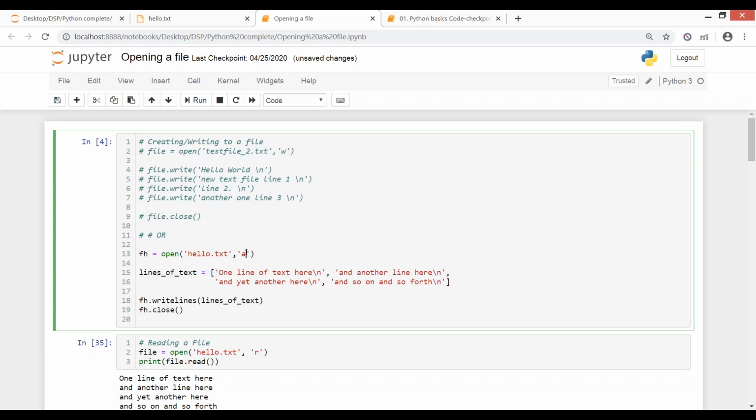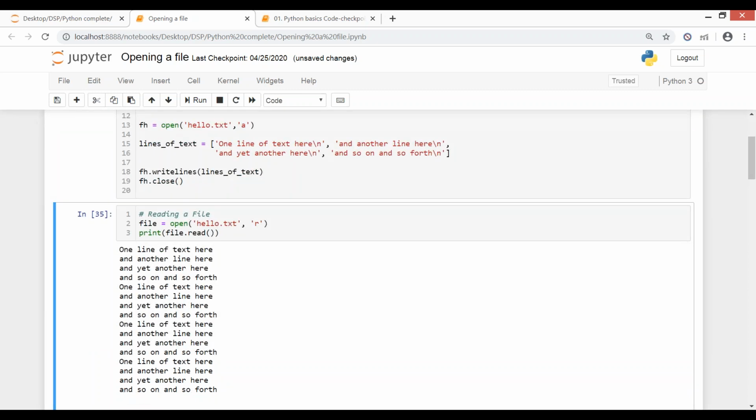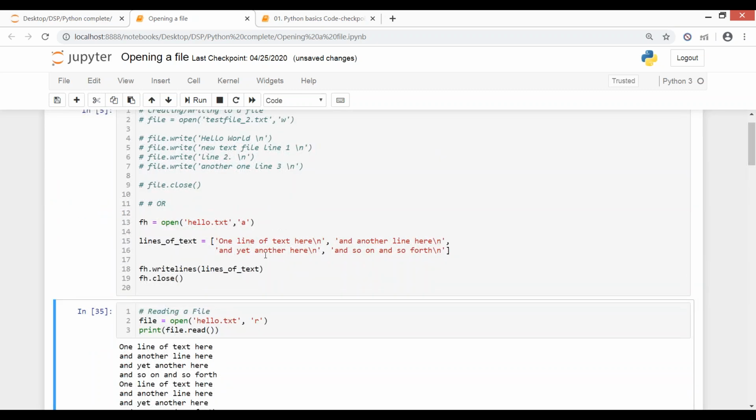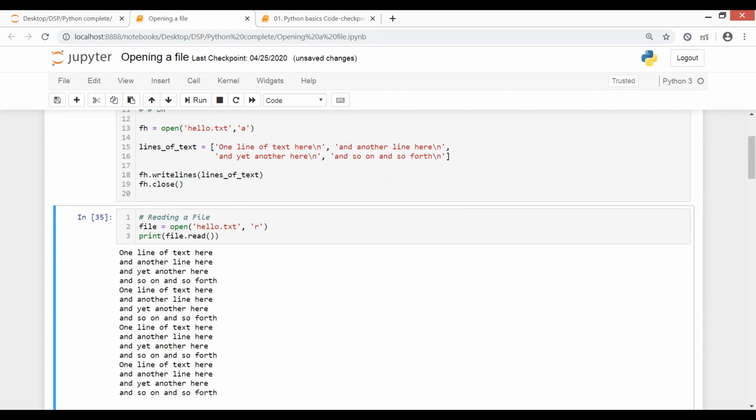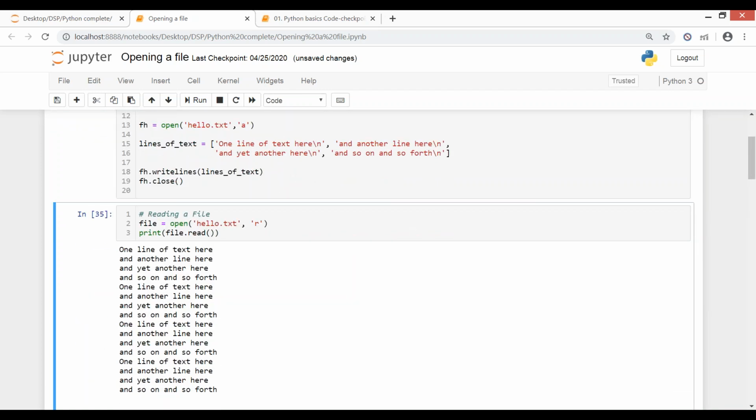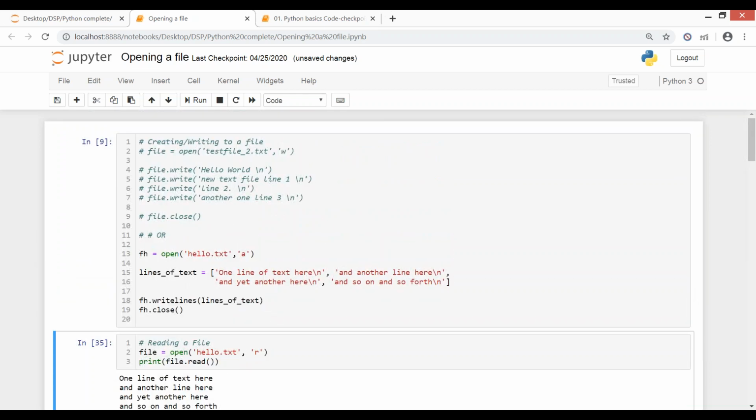Now let me do just one change here. Initially it was W, I'll just do A here. Now A refers to append operation. Now the number of times I run this command, before that I need to close it. Wherever I've opened it, I need to close it. The number of times I run this command, let me show you. So once I've run this command, now second time, now third time, and now fourth time, and the last is fifth time. Okay? Now when I open my hello.txt,